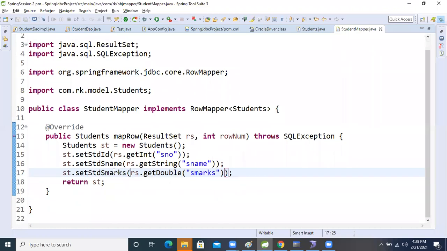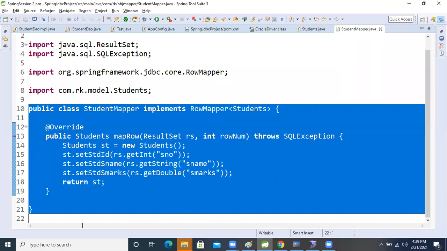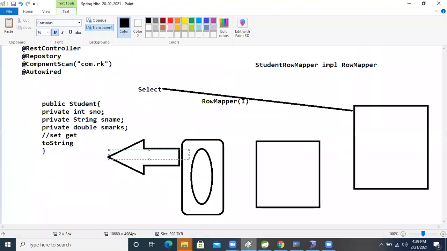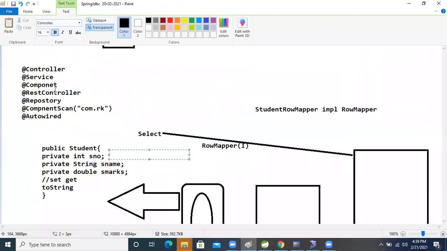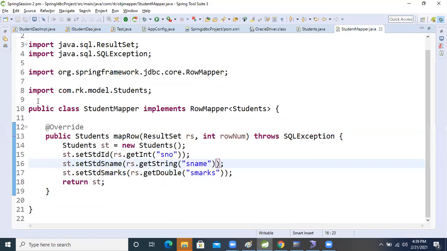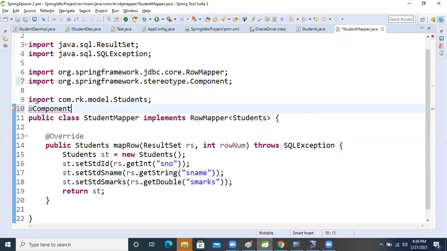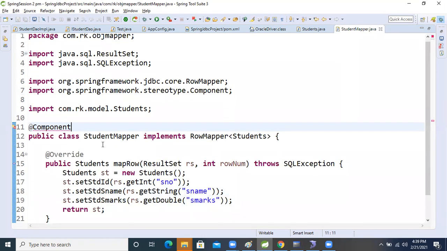Now, I said that I don't want to configure this class, because this is a class being created internally. So I don't want to create this class object. So which stereotype annotation will we use? At the rate component. So we will apply @Component on the top of this class. What will happen internally?